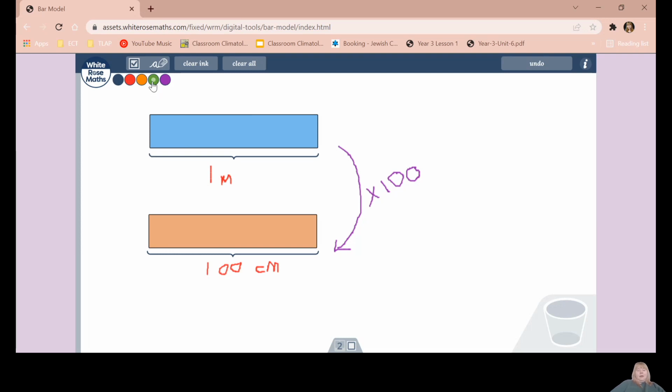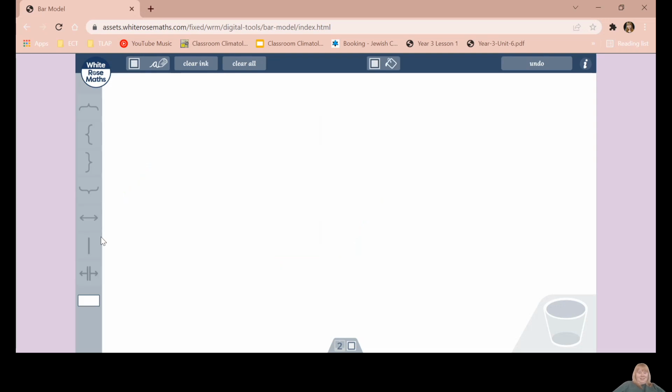Now to convert your centimetres down to metres, we have to do the inverse. So what I mean by this is that we are going to divide. I'm going to divide my 100 by 100, which would leave me with 1 metre. Okay, so knowing that,